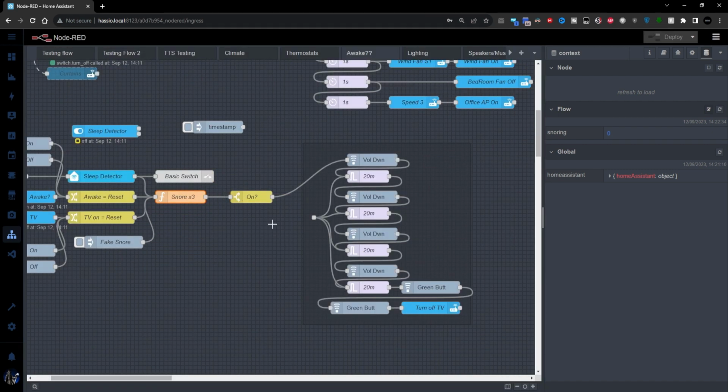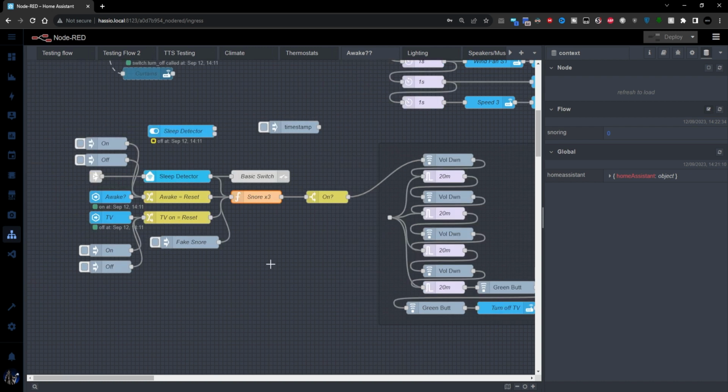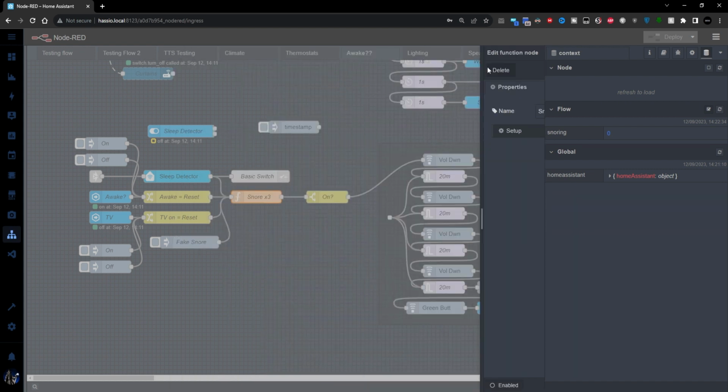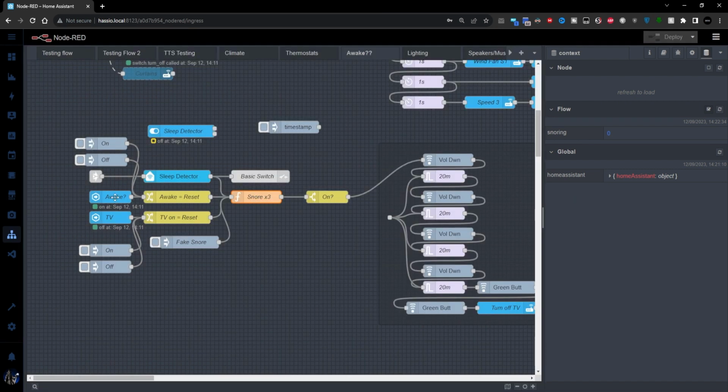When this outputs an on, it slowly turns down the volume of my TV and eventually turns it off. I like to fall asleep to TV, science programs mainly. Not much point in having it running after I fall asleep, so it slowly turns it down so it's not jarring, and then eventually turns off the TV. I've got a couple of other things here, apart from these insert nodes that I've used for testing. The snore, as you remember, will reset when it receives a reset and sends an off out. So I want this to be reset if A, I'm awake. I don't want the TV turning off or going down if I'm awake. And also, when I first start the going to bed routine, I'll turn the TV on. So I want to make sure that this snoring variable is set to 0 at the start of my bedtime, so it's actually counting 3 snores, so it's not previously set to 1 or 2.